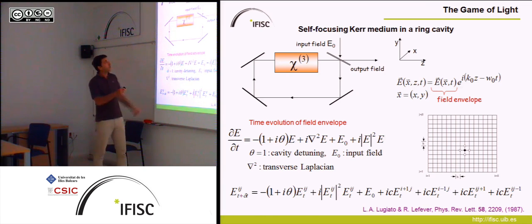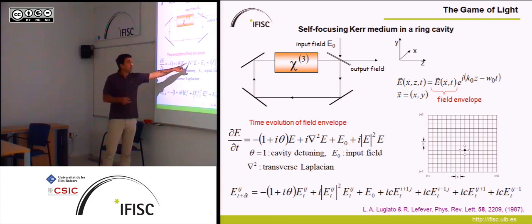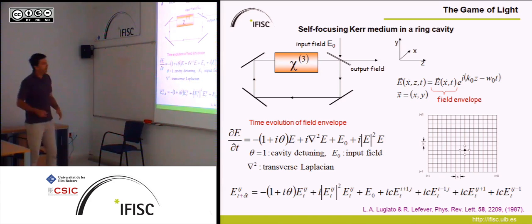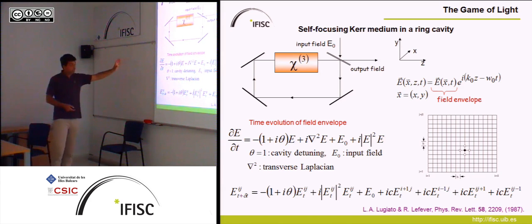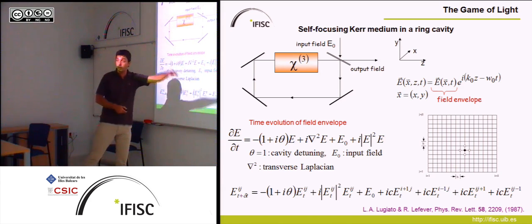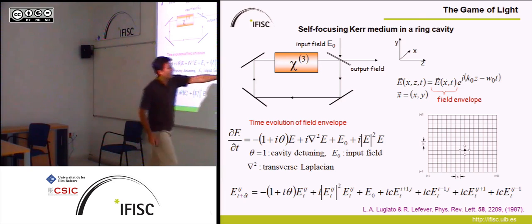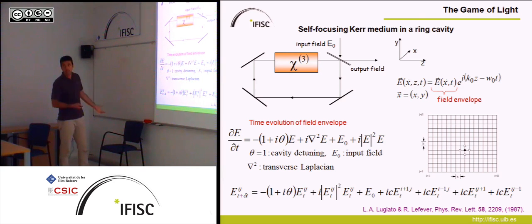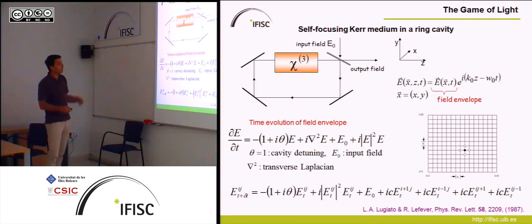The tuning between the frequency of the input and the frequency of the cavity, diffraction, the input, the nonlinearity, and so on. If you think of this as a game, you put this in a computer, you make a grid, and then you compute the field at the position ij at time t plus delta t. Now our game is not discrete, it's not on and off, it's a complex value that takes continuous values. At each time step, what you do is replace the value of the electric field there